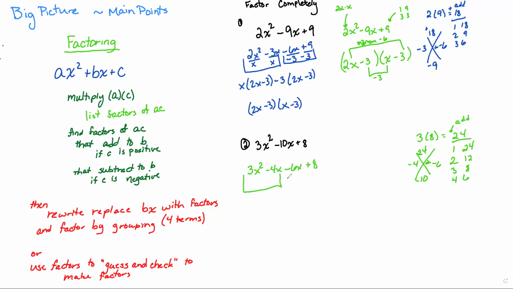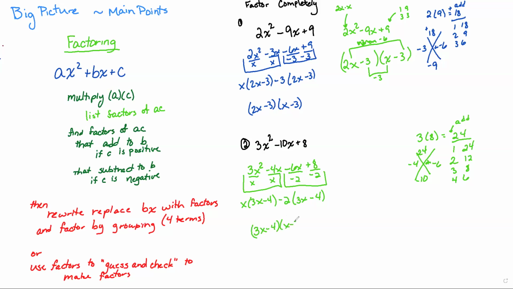Factor from those two, factor from those two. Can only pull out an x out of the first two, so then I have an x and a 3x minus 4. I'm going to pull out a -2 because they're both even. It's starting with a negative, so -2. -6x divided by -2 is 3x. 8 divided by -2 is -4. Parentheses do match, so my factors are 3x minus 4